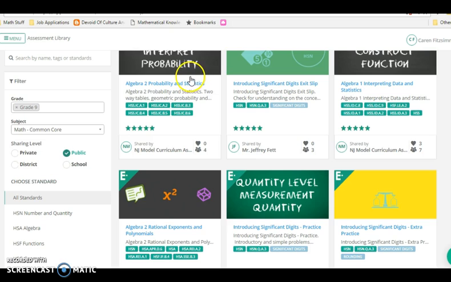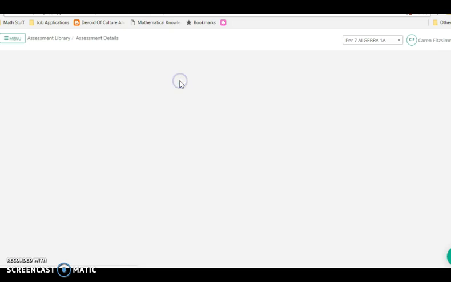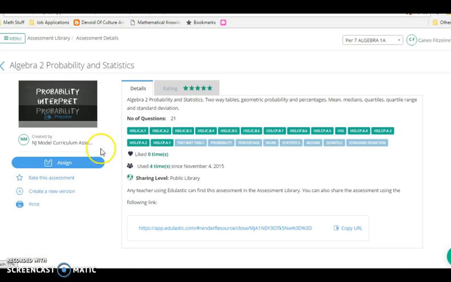Once you click on a pre-made assessment, you can always make a copy for yourself, create a new version, and edit already made questions. You can add questions, delete questions. There's also,